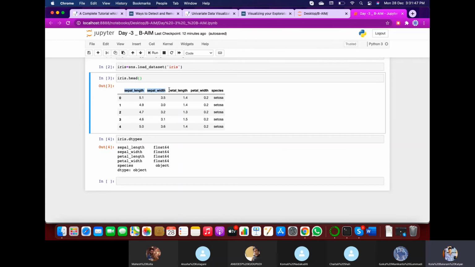Taking these two and performing some analysis, you may perform anything like regression, or plot a scatter plot between these two, or some time series analysis. Anything can be done. Considering two variables, the data will be converted into two dimensions, so it can be called bivariate analysis.